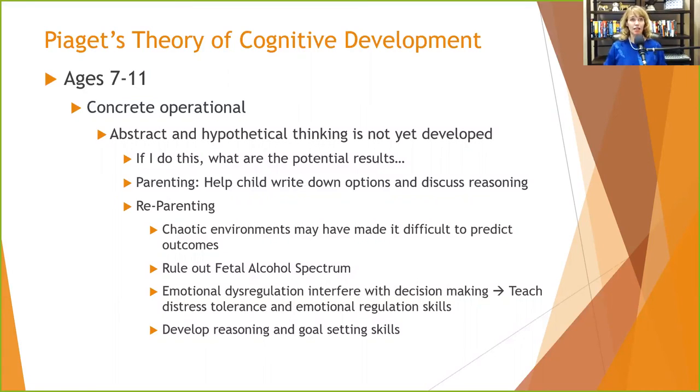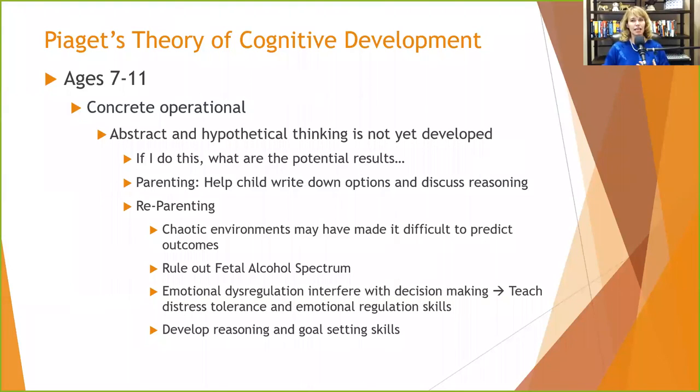They're not able to hypothesize about, well, if you combine these two chemicals, what are all the possible reactions? That's not how they think. These are elementary school kids. These are kids that go, well, I'm outside and there's an ant there and I've got a magnifying glass, and you see where I'm going with this. It's unpleasant, but this is how their minds think. What would happen if? Let's try it out. They need to see, they need to experience, they need to do something. Not to say that you have to fry an ant to figure out what would happen. You could do other things,